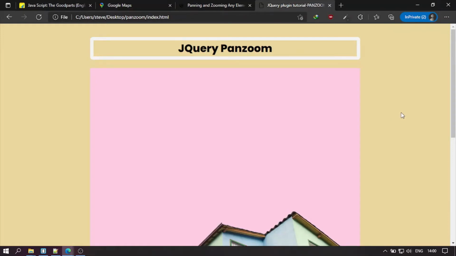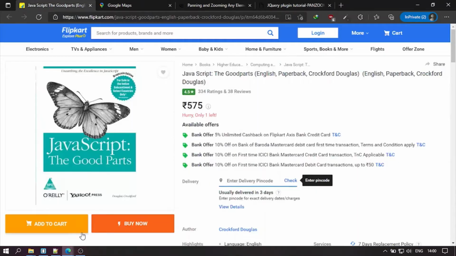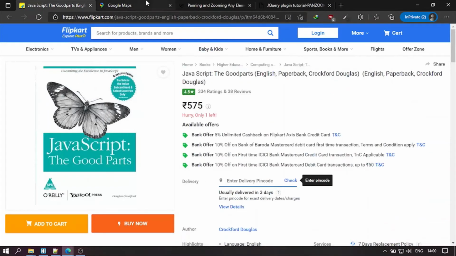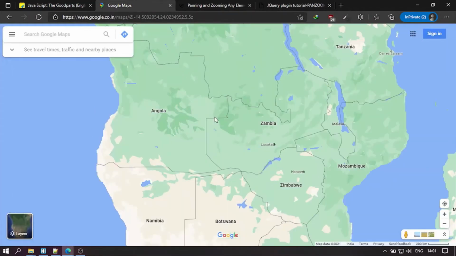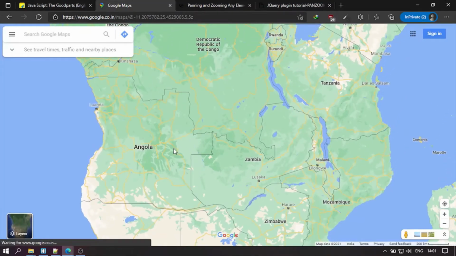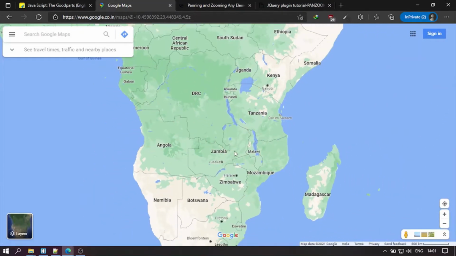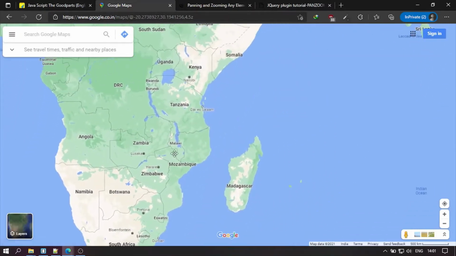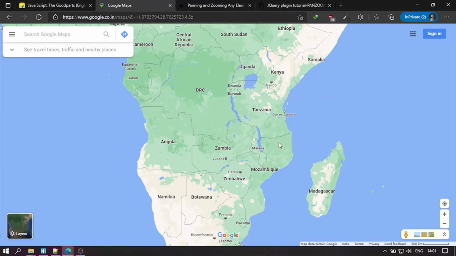In today's video, I have an amazing jQuery plugin tutorial: a pan zooming effect. You've seen on most e-commerce websites that when we hover over a product image, it shows the maximized version of that image. Or you may have experience with Google Maps: zoom in to see some part of the map, zoom out, or drag part of the map to see some of the places. All these features we will implement in today's video with the help of the jQuery pan zooming library.